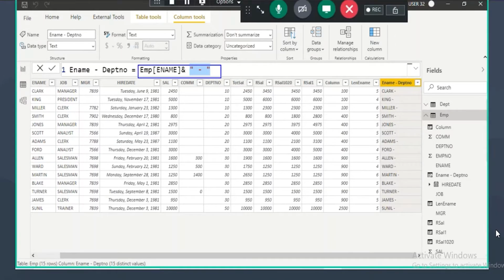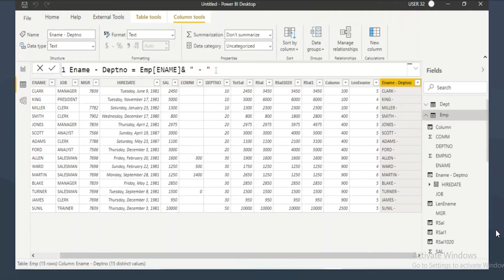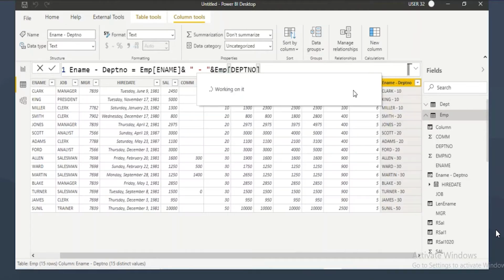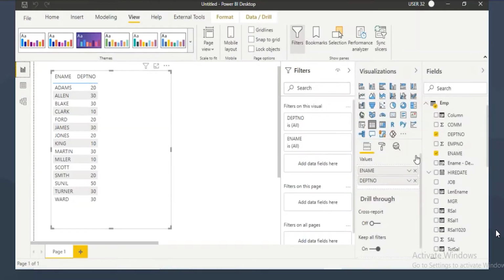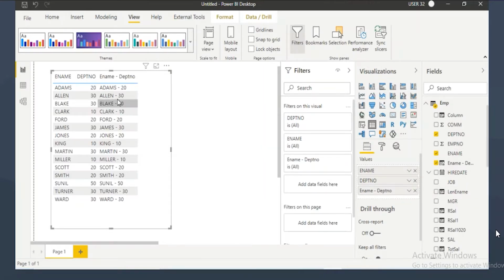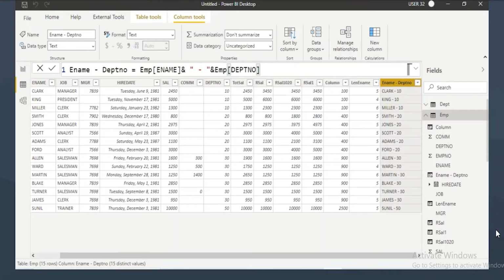To this result, I need to concatenate department number. Go and use another ampersand. Go and use department number here. Now it has both of them here, ename and department number. So you can just drag that ename and department number column so that you can see both of them in a single column. Whenever you need to concatenate multiple columns into one column, you can use ampersand, or you can even